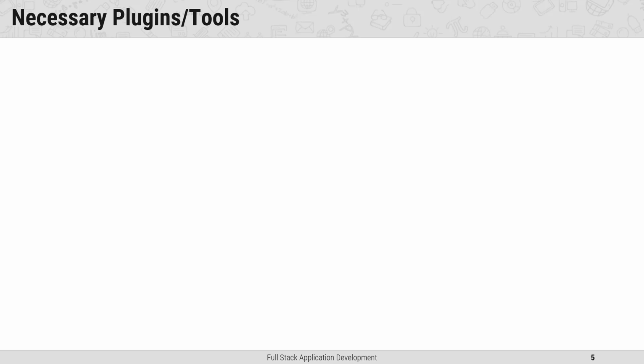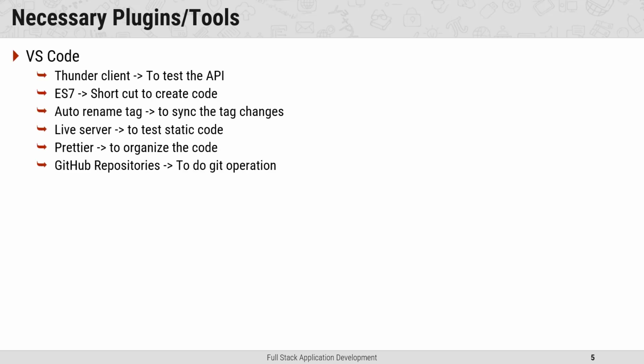Necessary plugins and tools which are required to develop this full stack application for the front end as well as backend. For the VS Code, you should have installed Thunder Client, which is required to test the API, ES7, which provides a shortcut to create code, Auto Rename Tag, which will be useful to see the tag changes, Live Server, which will be used to test the static pages, the Prettier plugin, which will be used to organize or arrange the code, and